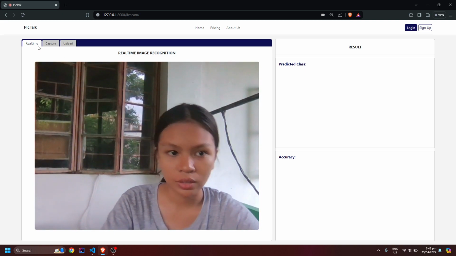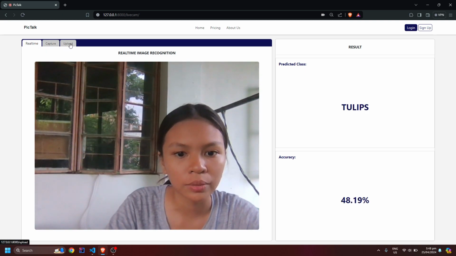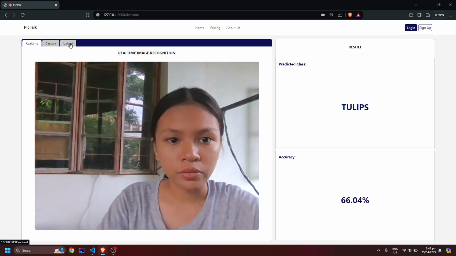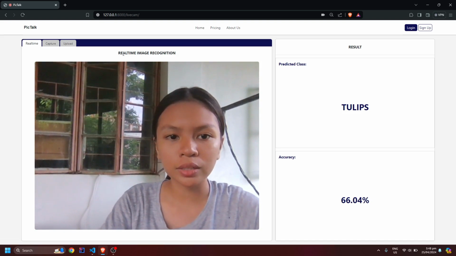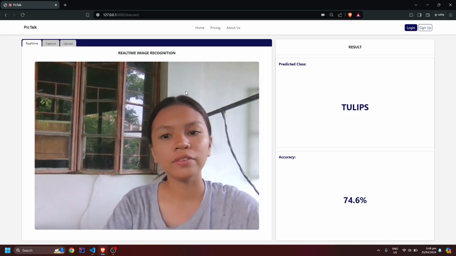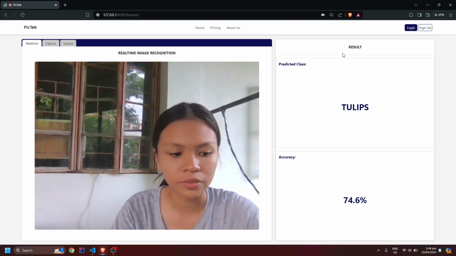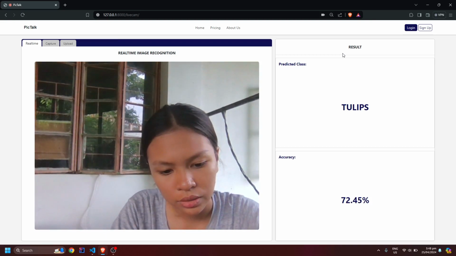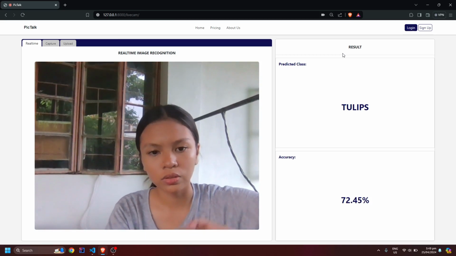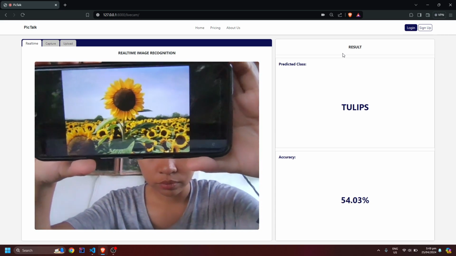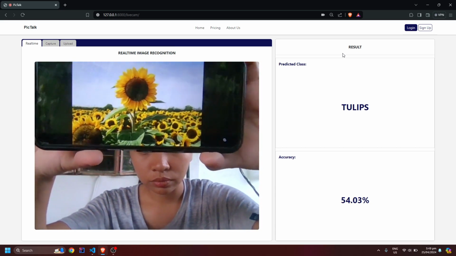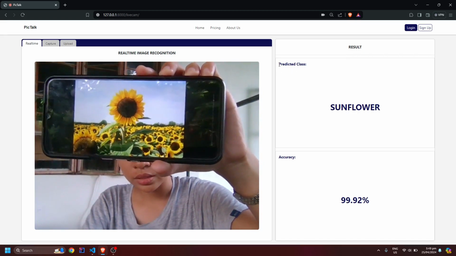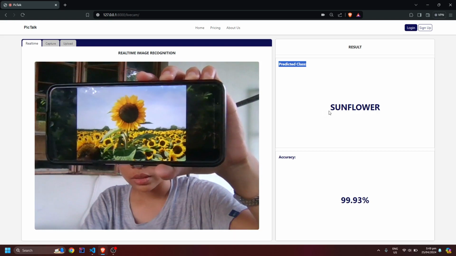So we have here real time capture and upload for the subcategories of this feature. Here in real time image recognition, every 5 seconds, the result will be refreshed. So let's try to scan a photo. So the result, the predicted class is more likely a sunflower,